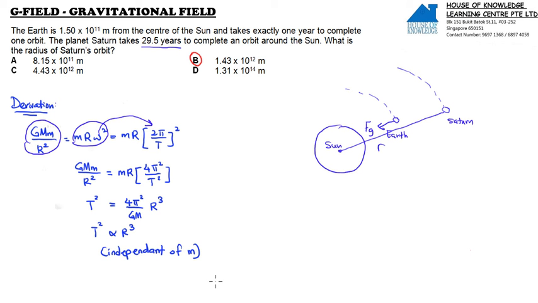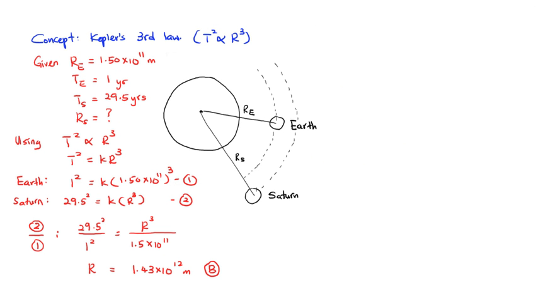Okay, please take a look at how I derive this formula. Finally, you will get T² proportional to r³. In other words, the period of rotation is solely dependent on this r³, the distance from the center of the Sun to the Saturn. Okay, because the rest are constant, right? 4π² and GM are constant. So in this case, now you see the radius of the Earth is so close. This is the radius of the Saturn.